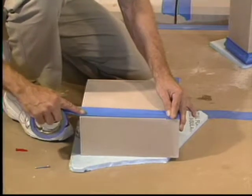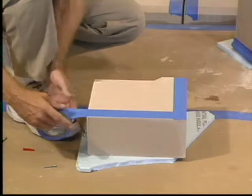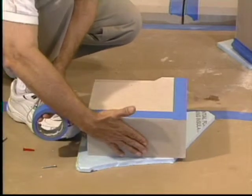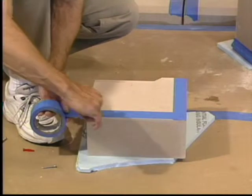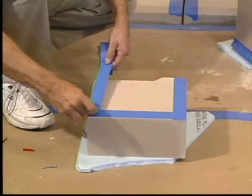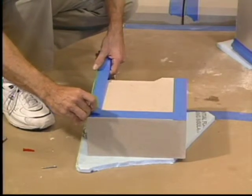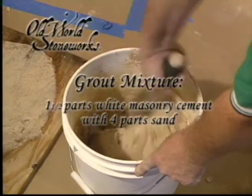Come down. This is going to be a flat face stone that's going on the upper part of the mantel, so this part of it will be on the inside, this part will be on the bottom, this part will be on the top of it, and you don't need to have any tape in the way of any of that. So you tape off where the grout is going to be sitting on it. To make grout mix, use 1½ parts white masonry mix with 4 parts